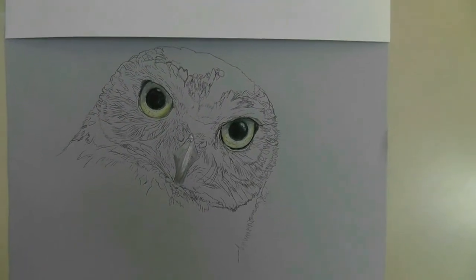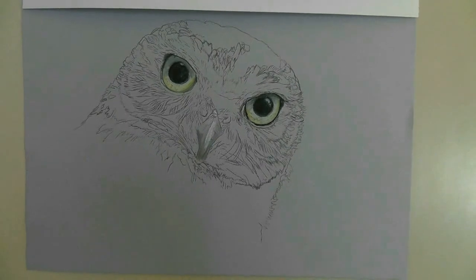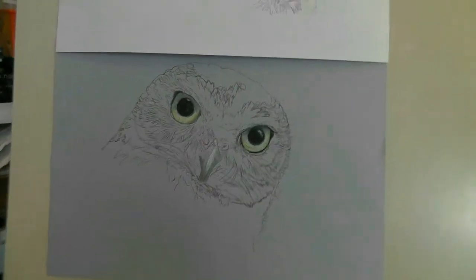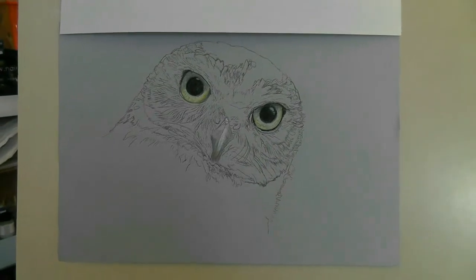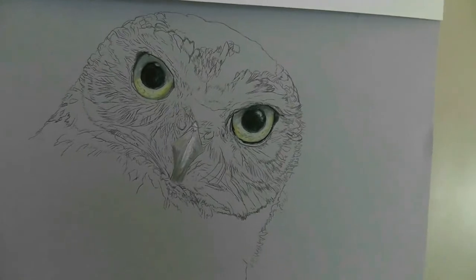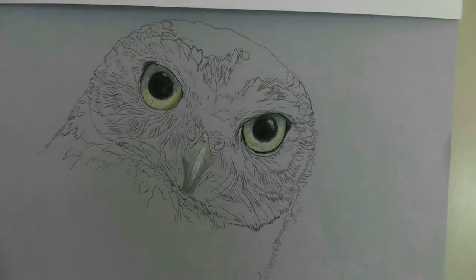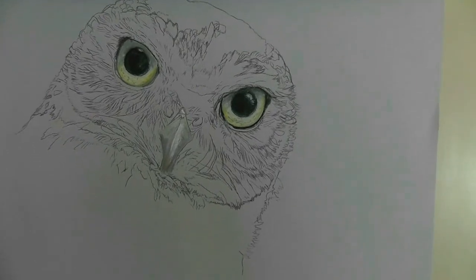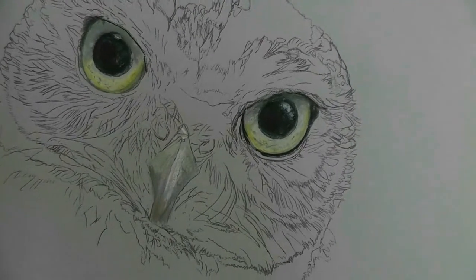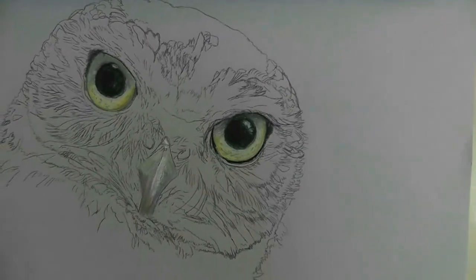Well, I nearly forgot. I did say to a girl from Brazil that I was going to do a burrowing owl, and I have started it. I forgot to just draw it and then start it. But I've done the eyes in, and I've done a little bit on the beak, not much. But I'm going to do a bit of colouring,